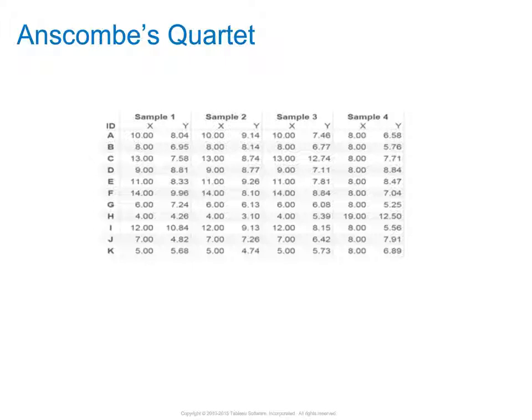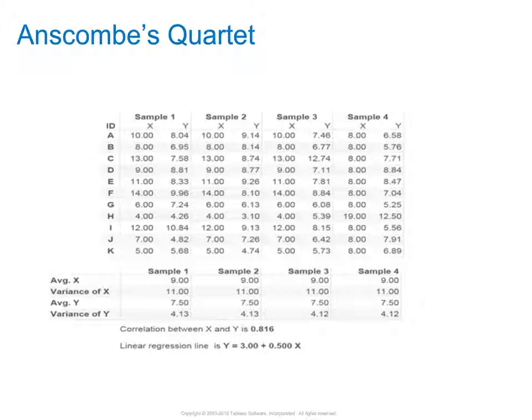Now, if you have a statistics background, which I know many people in the audience here do, you might think that statistics would be the way to separate out the properties of these 4 samples. But Anscombe was very clever. He designed these examples so that all the standard statistics are exactly the same for them, or very close to the same. So we have the average of X, the variance of X, the average of Y, the variance of Y, all basically the same. The correlations between X and Y are basically the same, and the linear regression line for X and Y is basically the same.